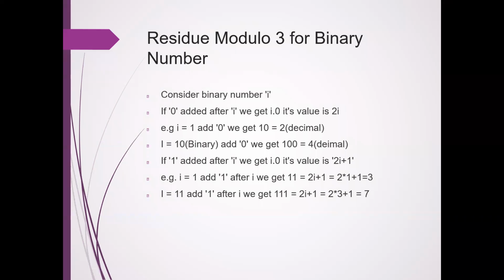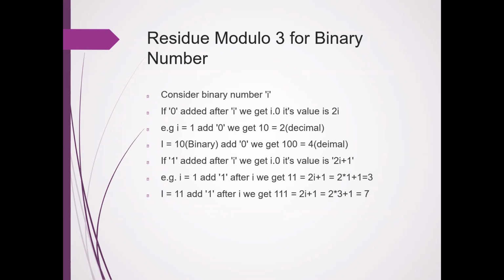If you have to divide a binary number by 3, and you are assuming the remainder is 2, that is 1 0 in binary form. Now if we write 0 after it, it becomes 4, that is 1 0 0 in binary form. When you divide this 1 0 0, that is 4 in decimal, by 3, the remainder will be 1. So in this division process, we read the input from left to right,